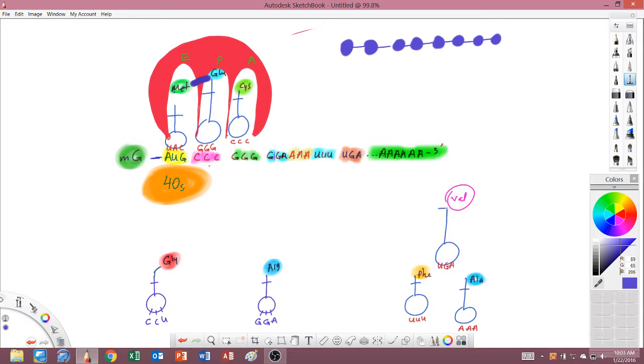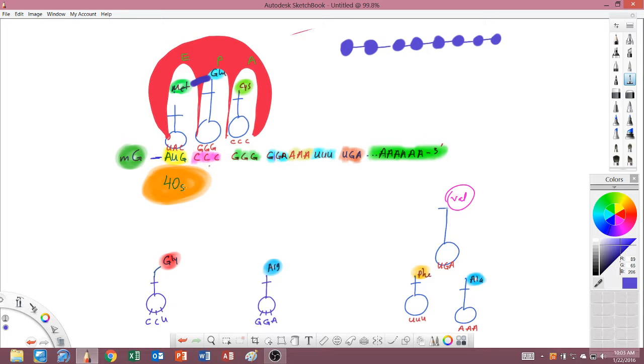So once you bring it to the A site, that's transferred to the P site. In the P site, the two amino acids are attached. The peptide bond is formed where? In the P site. The transpeptidase activity is only in the P site. The cleaving activity is only in the exit site, which is where the bond between tRNA and amino acid is broken. And what broke this bond? The 60S itself.